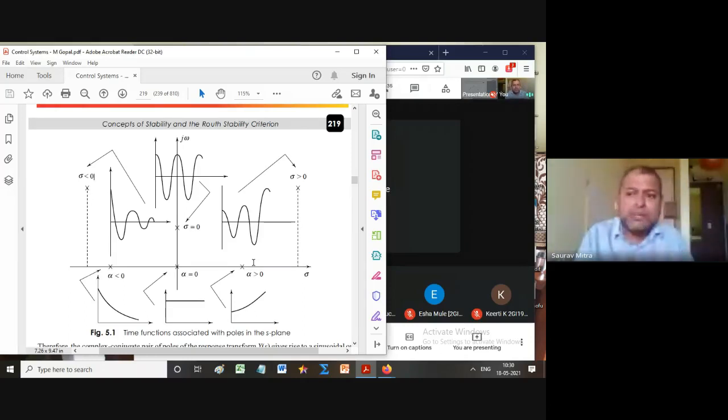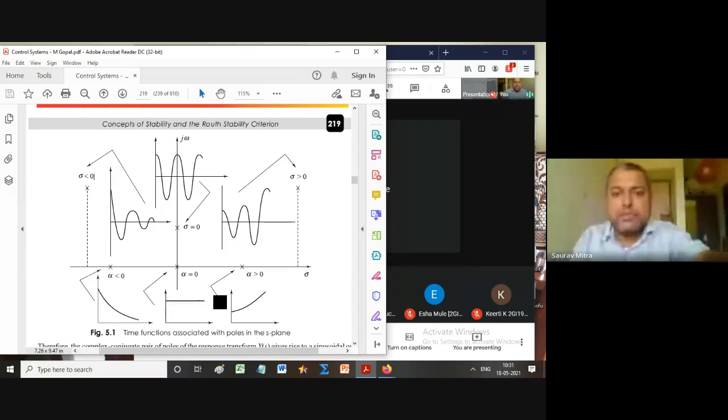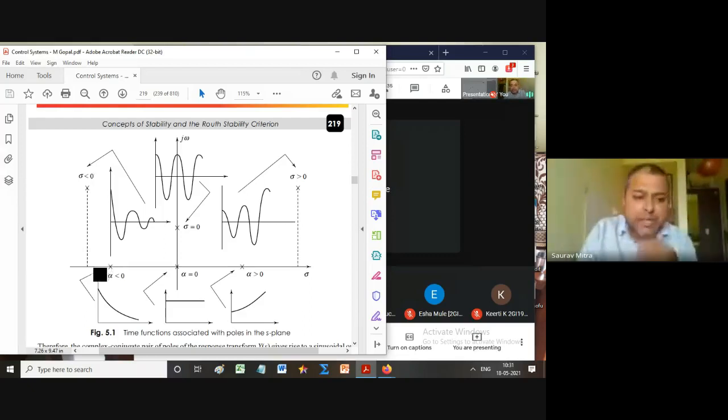Take the screenshot of the impulse response and comment below it whether it is bounded output or unbounded output, and whether the system is stable or unstable. So pole position, response, and comment on stability: these are the three things we have to do for many cases. I will repeat: pole position in the S-plane, then the impulse response, that is whatever we are drawing here, and last, the comment on stability. These three things we have to do for many cases.